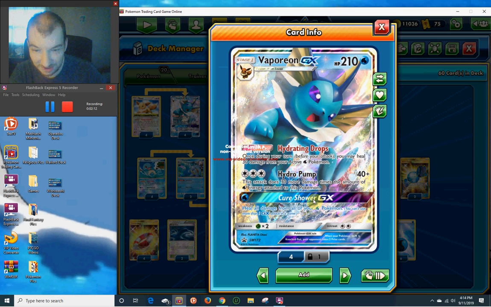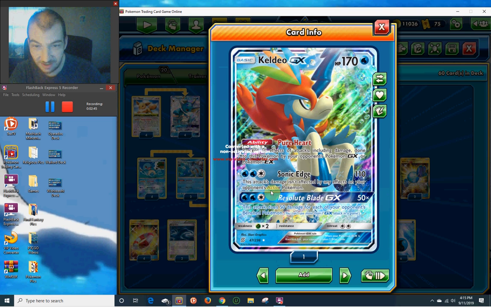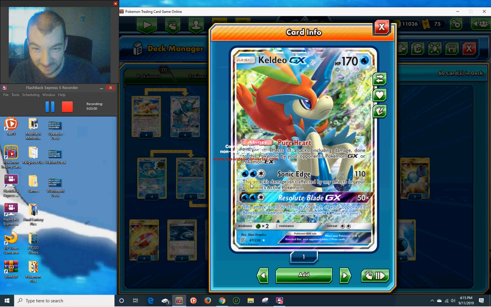Ability, Pure Heart, prevents all effects of attacks, including damage done to this Pokemon by your opponent's Pokemon GX or Pokemon EX, which is really good because everyone uses GX and EX because they're better. And with his regular attack, Sonic Edge, he can actually attack other Keldeo GXs, or say Alolan Ninetales with the ability that blocks the same type of damage, because its attack's damage isn't affected by any effects on your opponent's active Pokemon. So it can get through